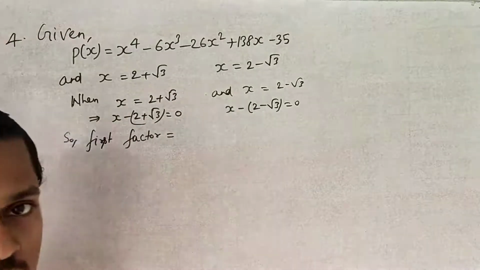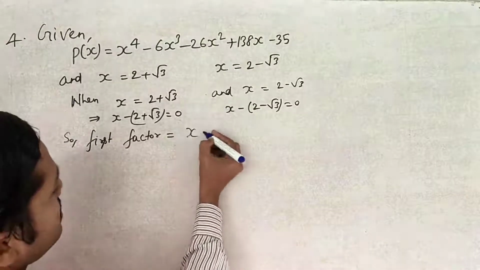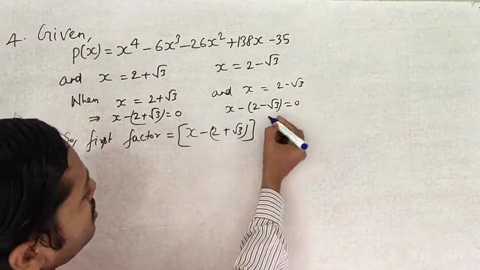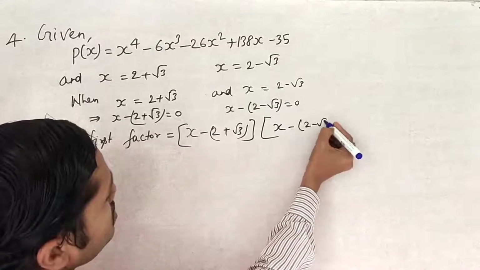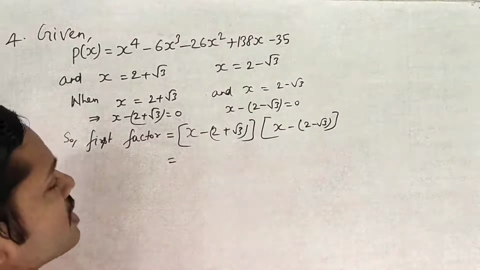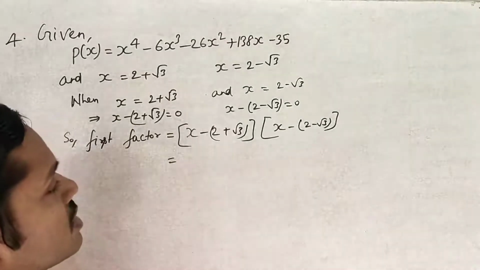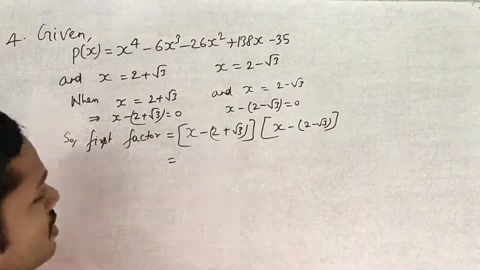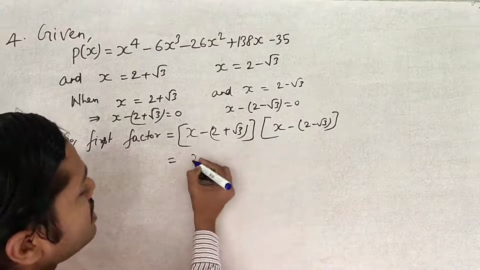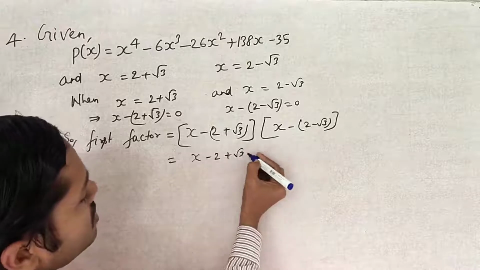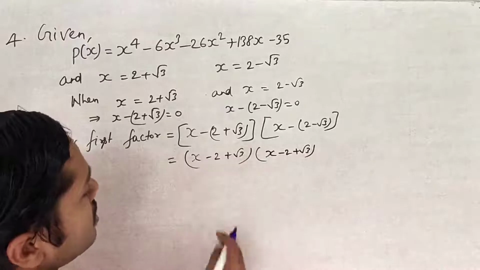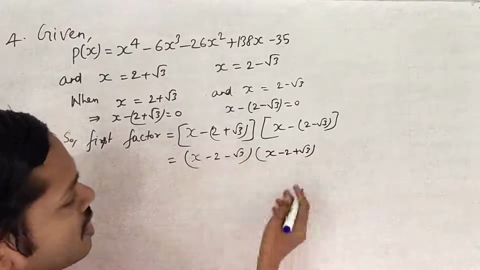It gives the first factor. It gives a factor, which is known as the first factor, 2 plus root 3, into x minus 2 minus root 3. Now look at how much. Just think about that. When we are writing this one, we are getting a minus b, a plus b. So we can write here x minus 2 plus root under 3 into x minus 2, sorry, minus root under 3 and there plus root under 3.